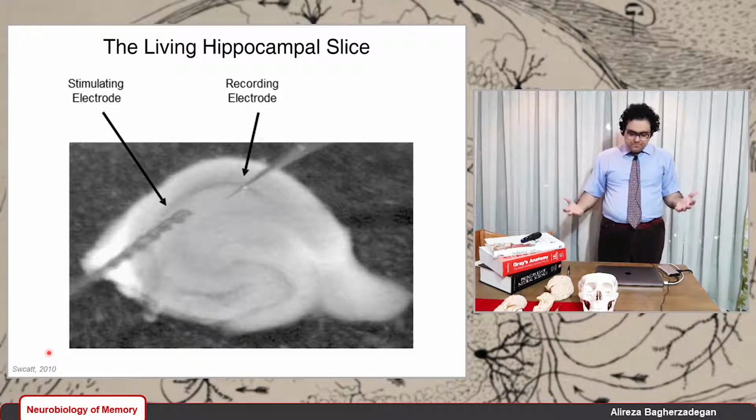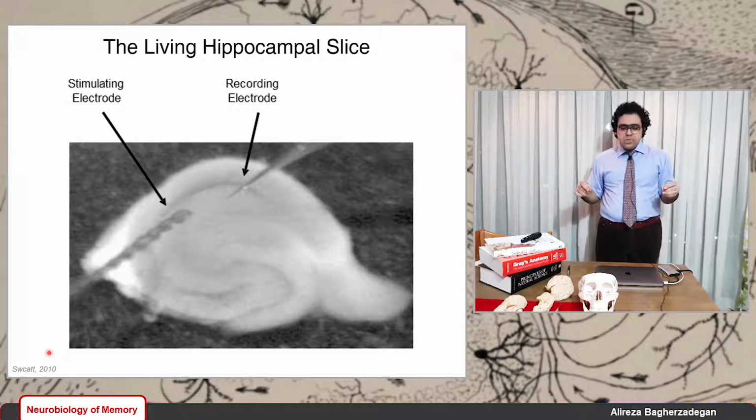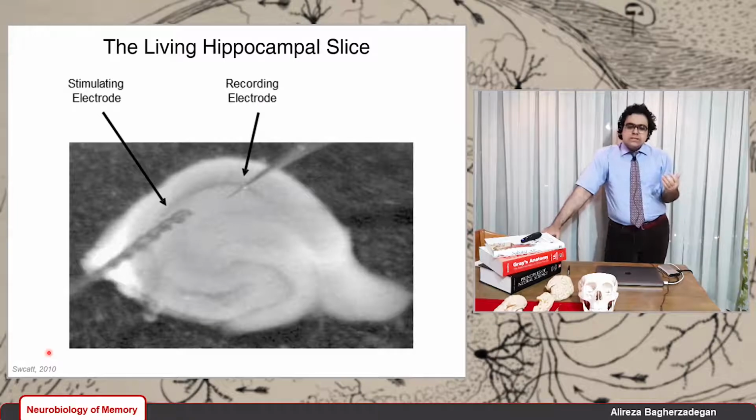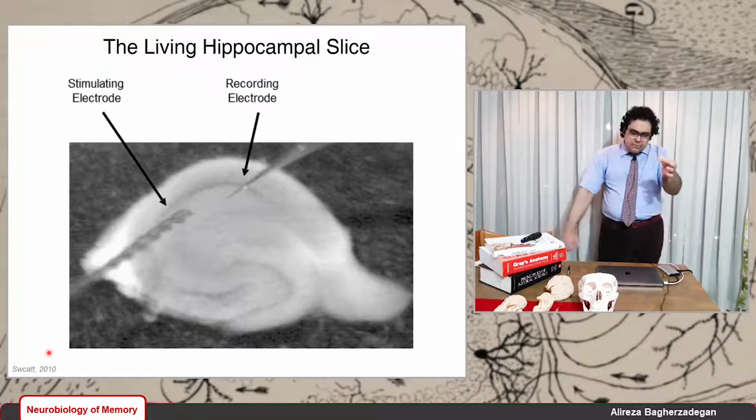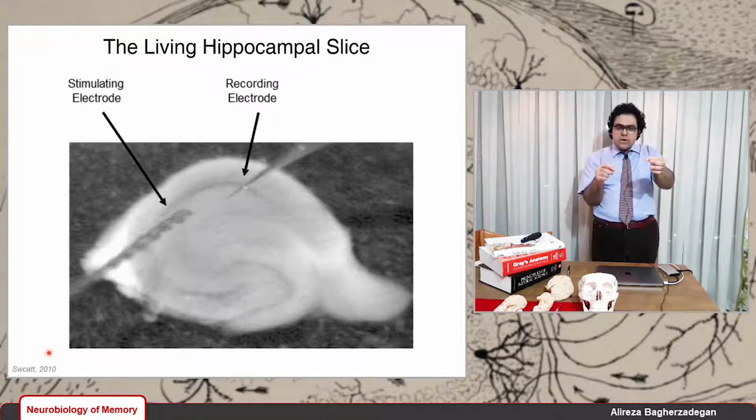I want to tell you, you know that better than me, but I want to still tell you about how the experiments are done on the circuits of the hippocampus. That was my question. I always had this question. Okay, how scientists actually find an area of the hippocampus and stimulate that and record from another area,